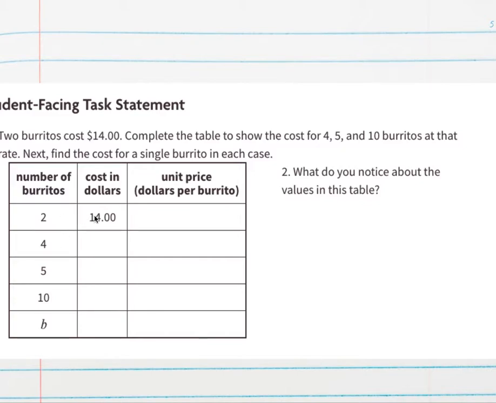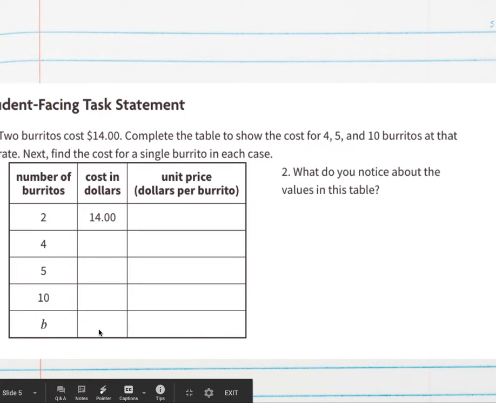Well, 1 is fairly easy to calculate. I can divide 14 in half and get 7. So 5 burritos would be 28 plus 7, which is 35. Then 10 burritos would be 10 times 7, which is 70. And B burritos,